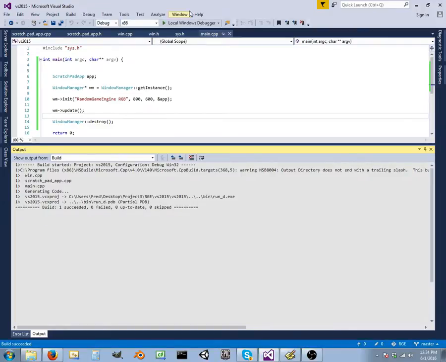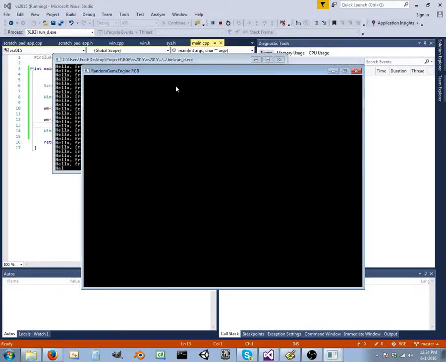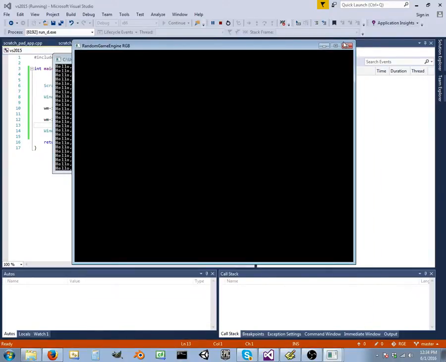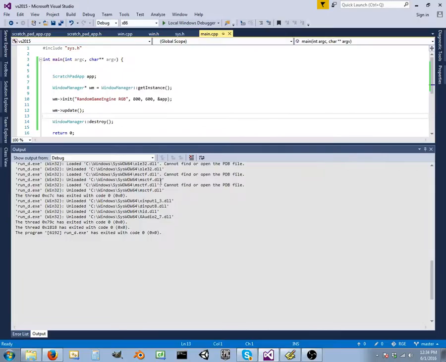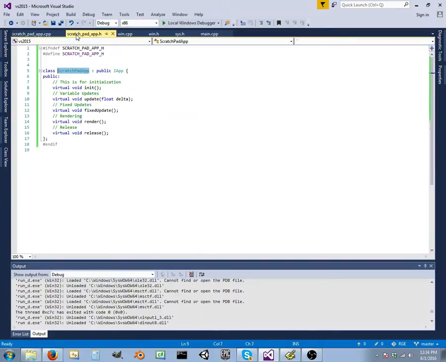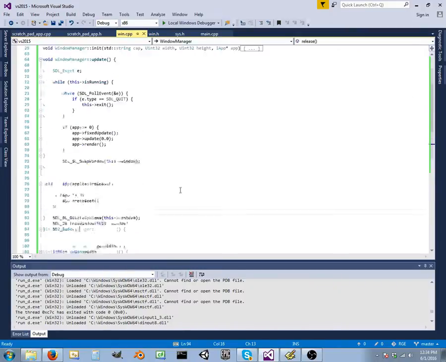Yay, it works. So let's run it. There we go. Cool. Well, we got a basic window going. And yay. Well, that was a decent start. We have a basic scratchpad going. We have a basic window